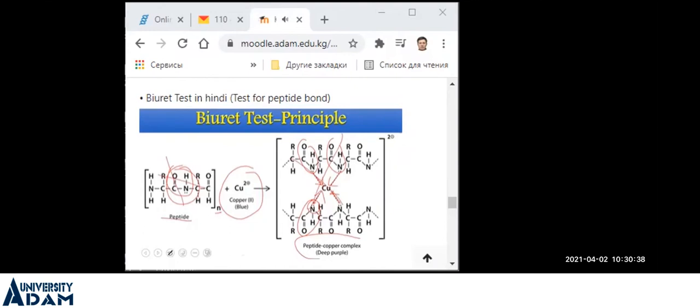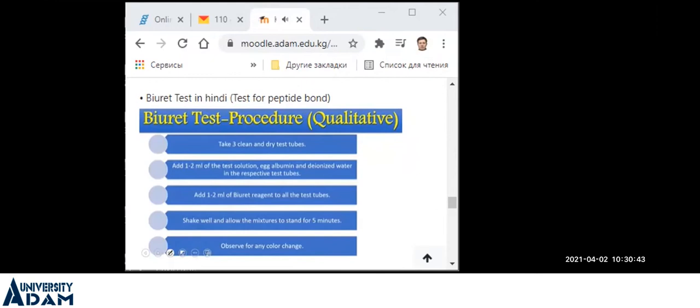तो वायलेट कलर बनने से हमें पता चलता है कि पेप्टाइड्स हैं या नहीं हैं। रिएक्शन करेंगे कैसे, तरीका क्या है, प्रोसीजर क्या है? पहले हम 3 टेस्ट ट्यूब लेंगे। ये टेस्ट ट्यूब साफ और सूखा हुआ होना चाहिए। एक में हम टेस्ट सॉल्यूशन डालेंगे, दूसरे में हम कंट्रोल, एग एल्बुमिन यानी प्रोटीन डालेंगे। तीसरे में